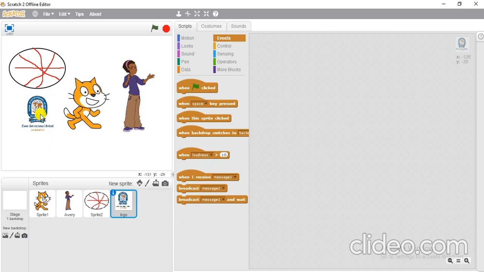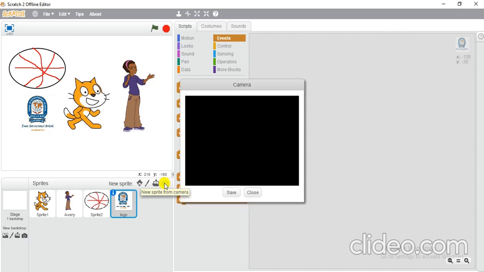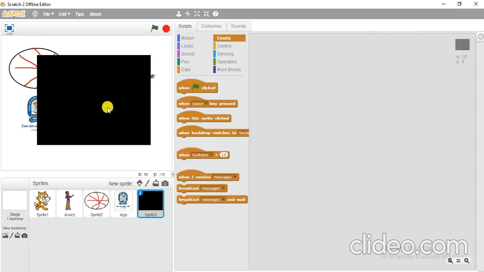Next, coming to method number 4, your last method, that is new sprite from the camera. If you want to click an image from your camera, you can use the built-in camera of your computer, or you can add the image as a sprite in the Scratch project. This button enables you to click an image using the built-in camera. So this is the built-in camera. You can click, you can save, and you can see the particular image which you have clicked will appear on the